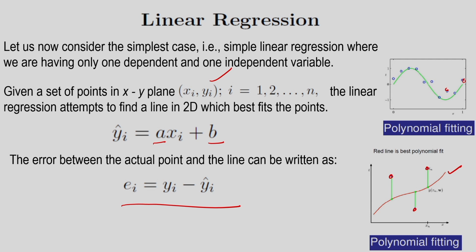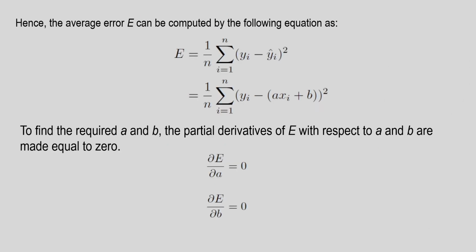You can see that I can determine the error like this, ei = yi minus yi cap. And the concept of regression is that I have to minimize the error. So I can compute the error like this, e = 1/n times the sum of (yi minus yi cap) whole squared, where n is the number of sample points. I am determining the average error, and this is the expression for e. So the objective is to find the slope a and the intercept b which give minimum error.